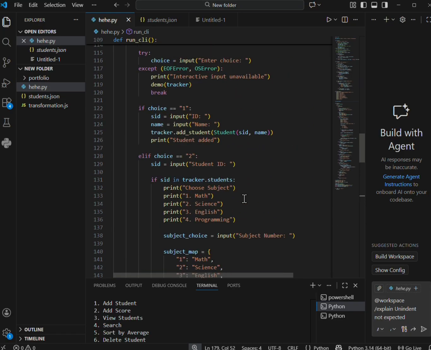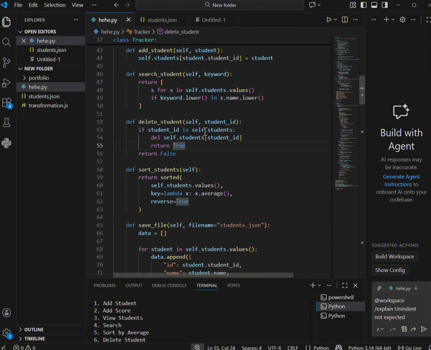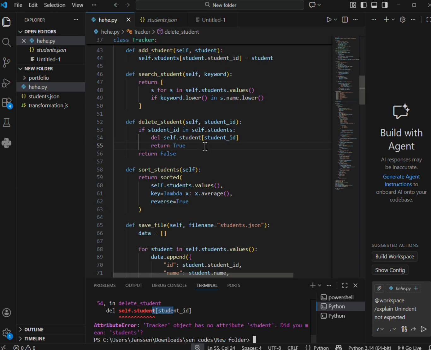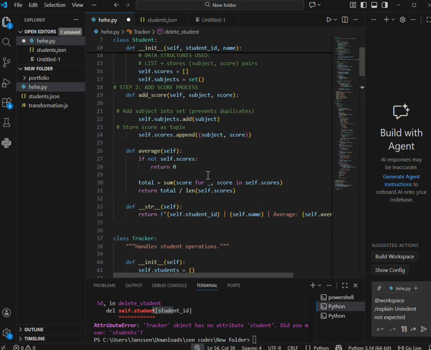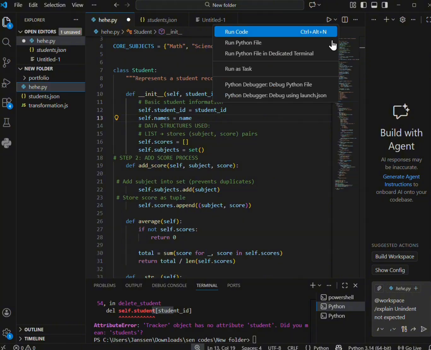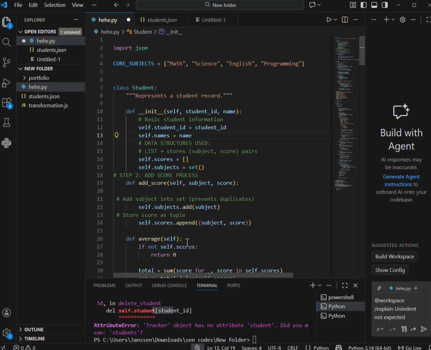It was also challenging to make sure all of the parts of the program communicate properly, especially when using dictionaries to store students and connecting them with classes and methods. Over time, I learned how important it is to test programs step by step, read error messages carefully, and fix problems one at a time instead of trying to fix them all at once. I also learned how useful proper indentation and clean coding practices are, because even small formatting mistakes can affect the